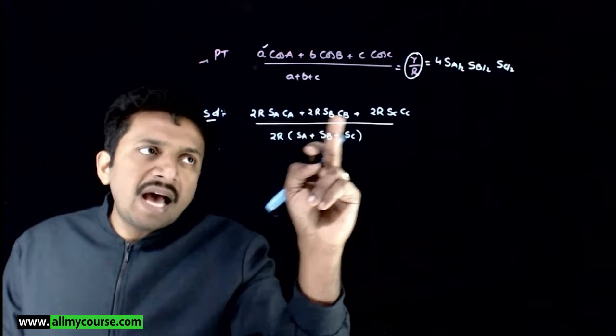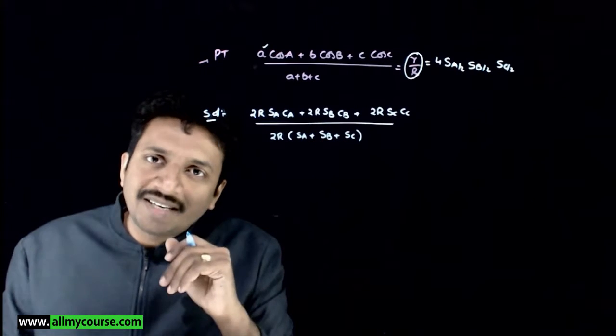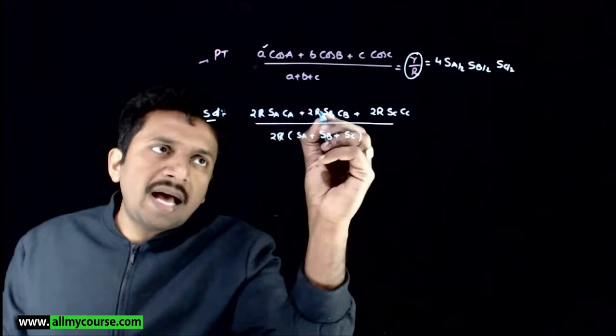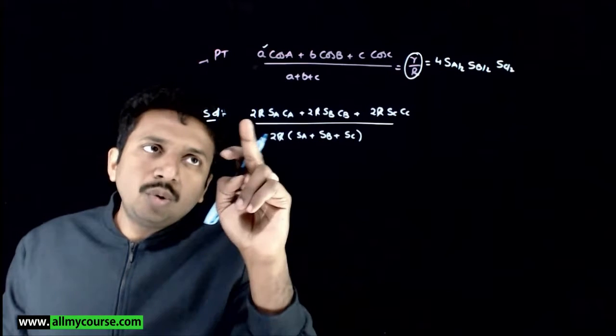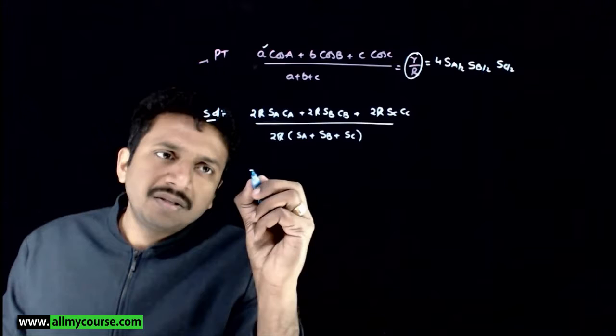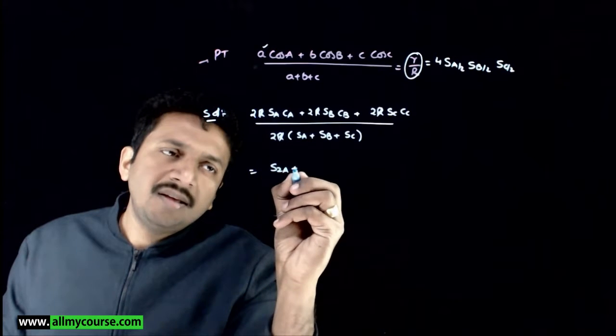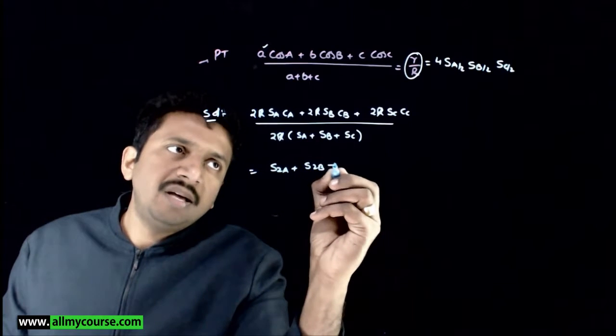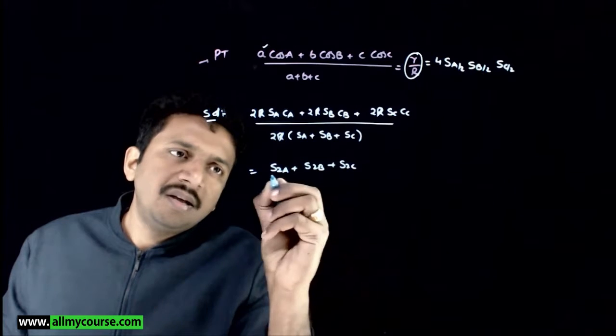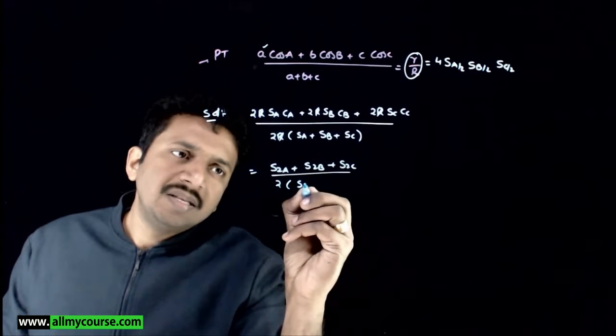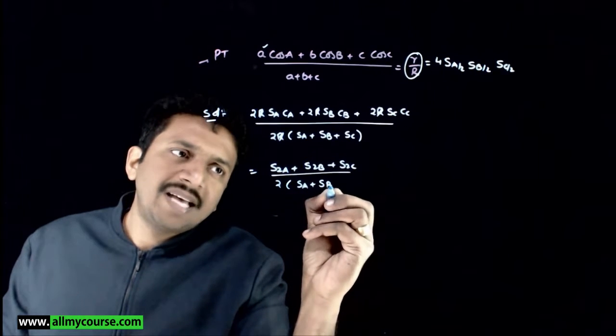Now if you have an r in the numerator and also in the denominator, it gets cancelled out. Now 2 sine A cos A is sine 2A. So you have sine 2A plus sine 2B plus sine 2C,